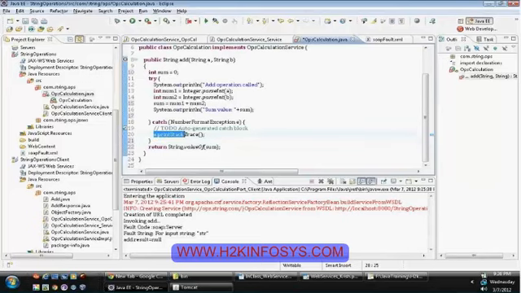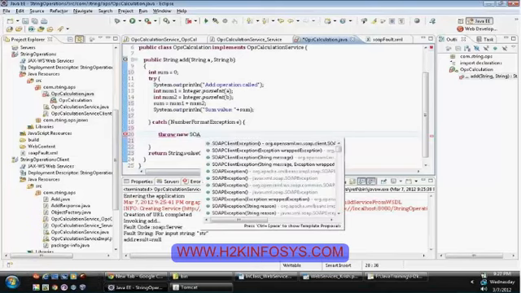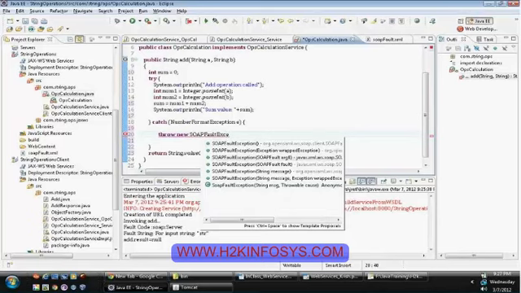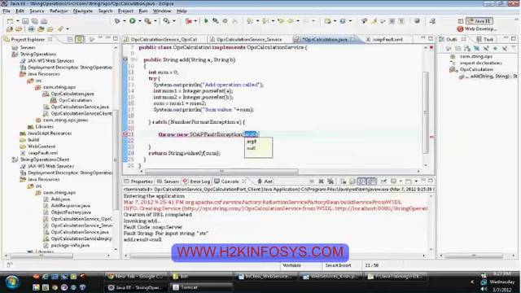So finally, after handling the exception manually, we want to send only a fault message to the user. So create a SOAP fault exception object, and create a SOAP fault, or else write it separately.